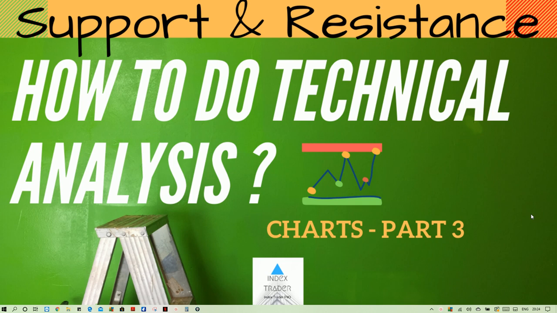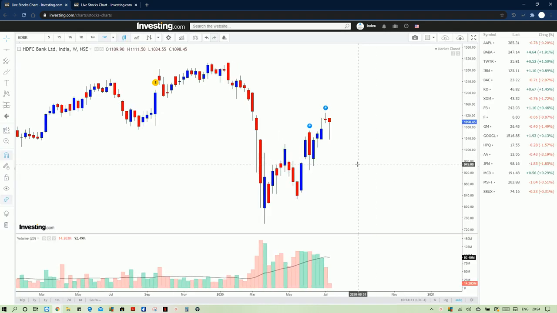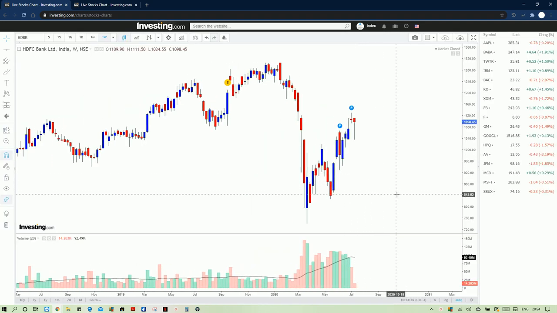So you need to identify the support and the resistance for entry and exit of a stock or an index. So now we will look into a chart. That is HDFC Bank's chart we have taken. This is a weekly chart, because from an investor's point of view we have taken a long-term perspective. We are doing this analysis, so that is why we have taken a weekly. But this is applicable to short-term day charts as well as hour charts. But we will do it in a strategic way, that is a long-term perspective. So we have taken a weekly chart.